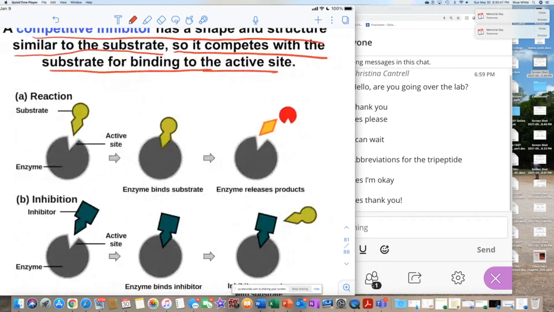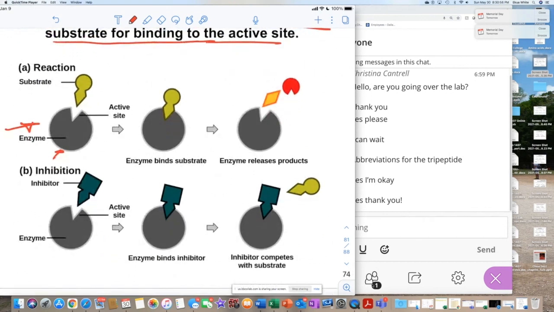And here we see, this is what the reaction looks like when the substrate comes to bind to the enzyme, right there, breaks off. And here is the inhibitor. We can tell it's not the substrate because the rest of the molecule looks different, but it's posing like the substrate because the active site matches, right? They're compatible. So if the inhibitor comes and binds to the enzyme and doesn't go away,